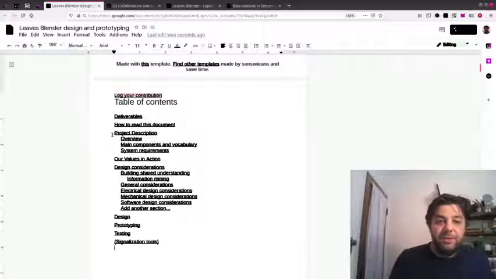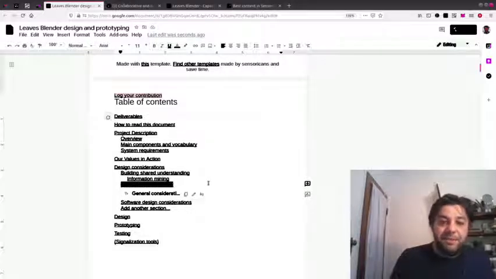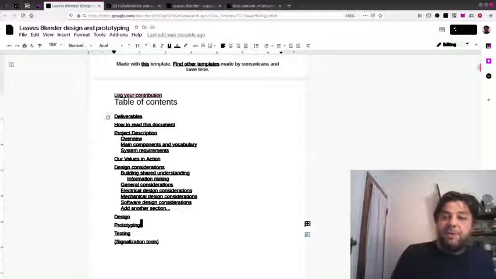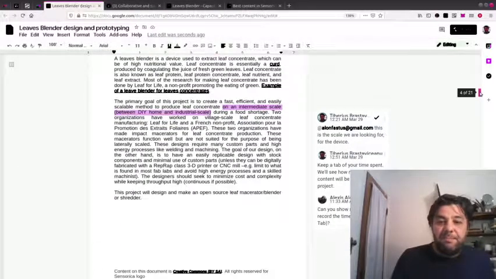What do they do? They do design considerations where they build some shared understanding about what they have to design, and then they search the web. They do some information mining about the things that exist, and they engage in some meta design thinking, general considerations about the design, and then they engage in meta design thinking for all the parts or layers of this particular thing that they build. Then they go and design the thing, once they've done this meta design process, and then they prototype it. So this is what will happen, and every step will be documented,